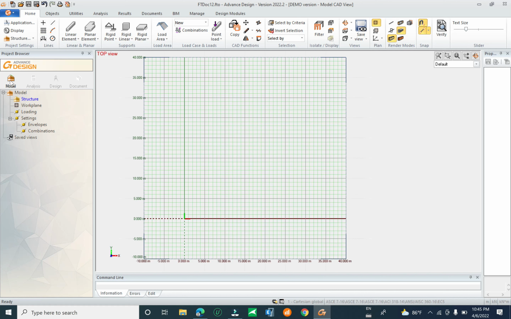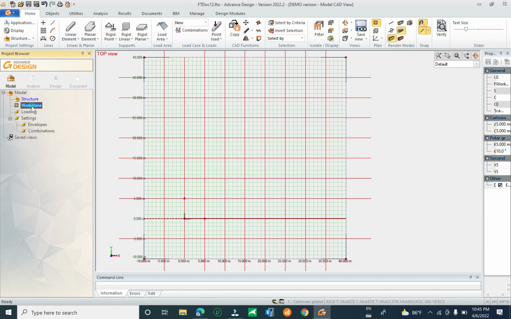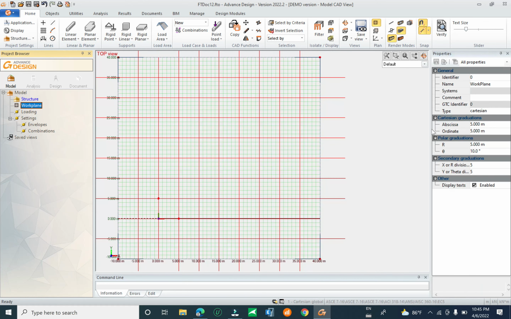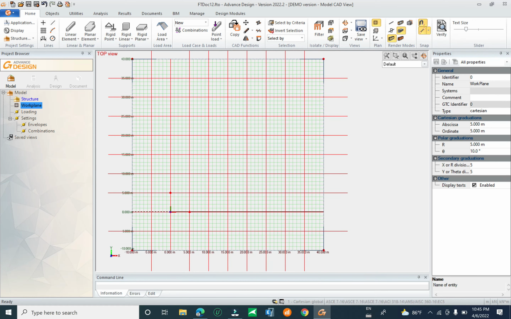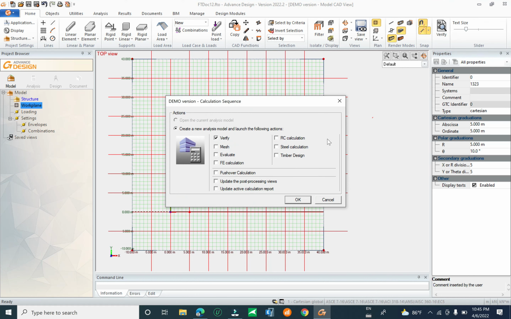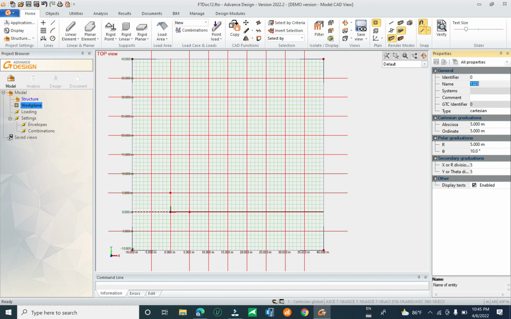This one is the model. You see here the model and the structure work plan. This is the work plan. You can see at the top right, identifier is 0, work plan is the name of the work plan. Call it work plan. You can change it to anything if you want. You can now just copy it, and you can type 1, 2, 3 as you want. But I want to keep it the default,